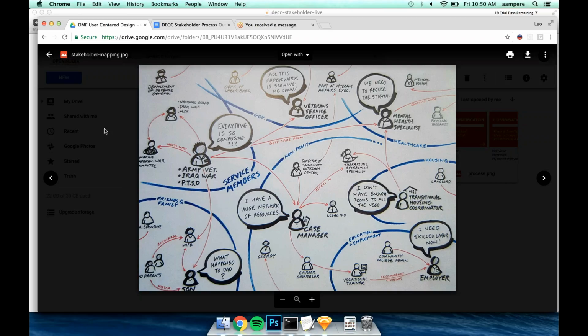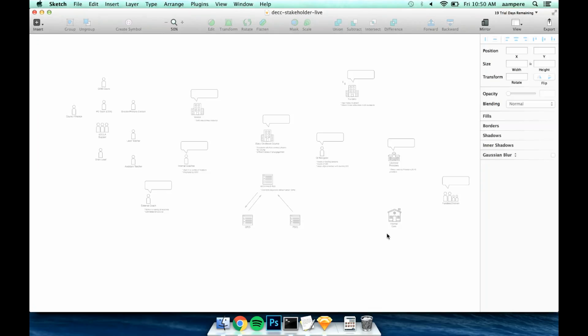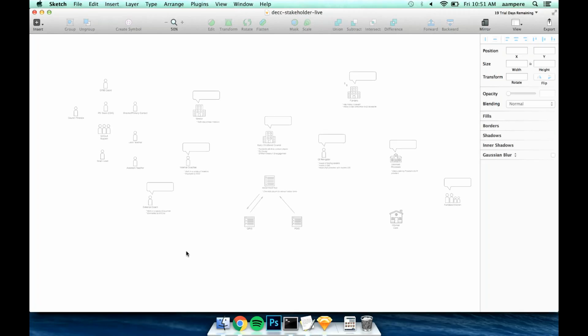So our digital version of this, this is the screen we'll be working from today. This is a bird's eye view, and we've pre-populated it with a lot of the different stakeholders that we perceive to be involved. So throughout the day, I encourage you at any point here, if you see someone who is missing, or you think of someone who is missing, by all means chime in and we'll toss them out there.